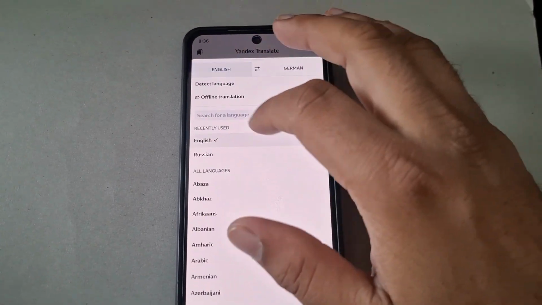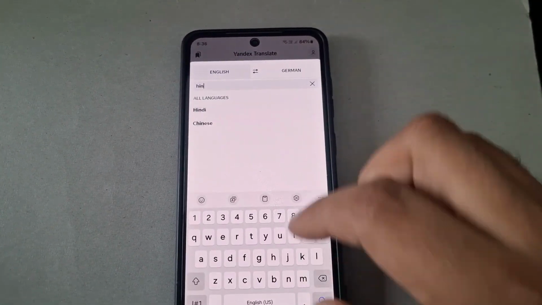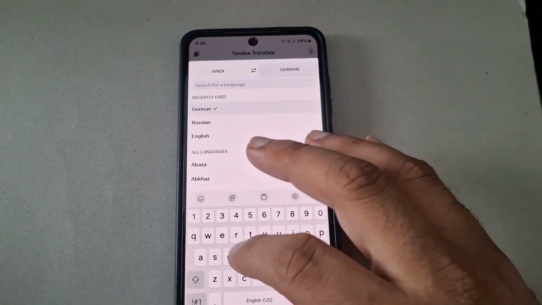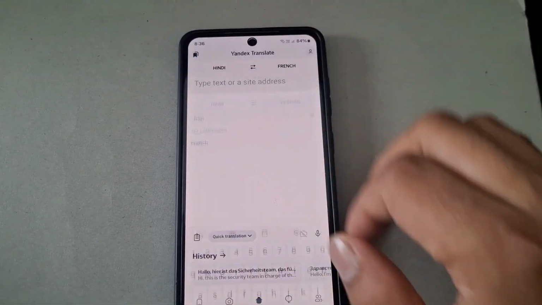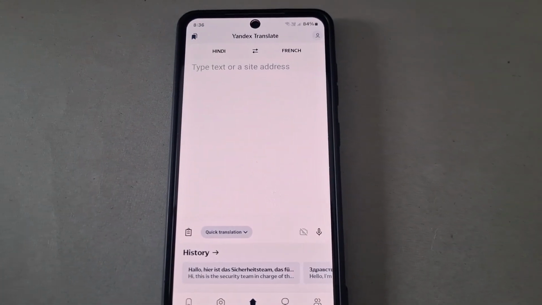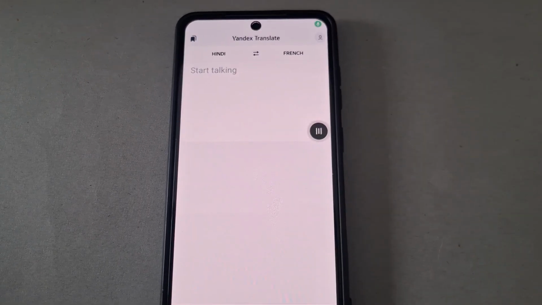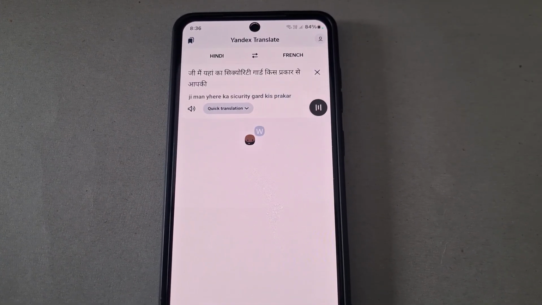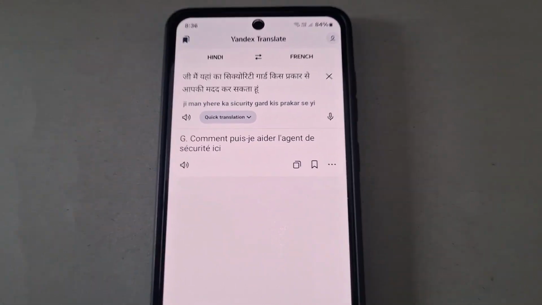Even if you speak in Hindi, let's say if you speak Hindi, and you want to translate it to, let's say, French. You see,